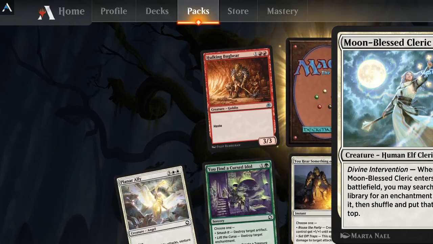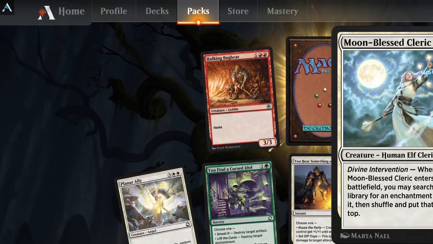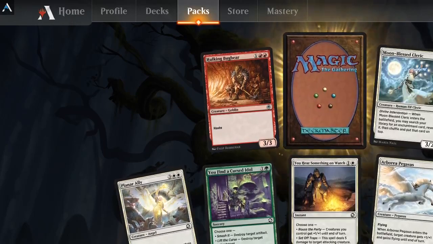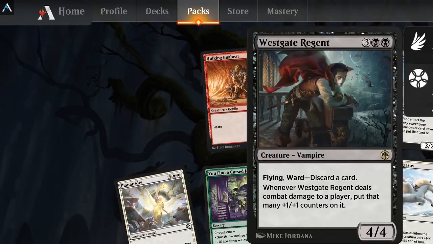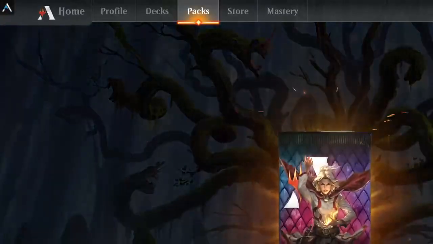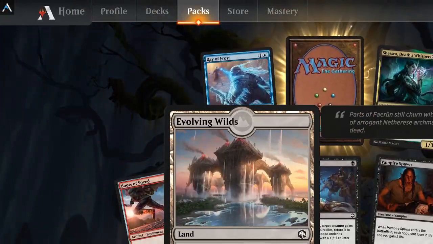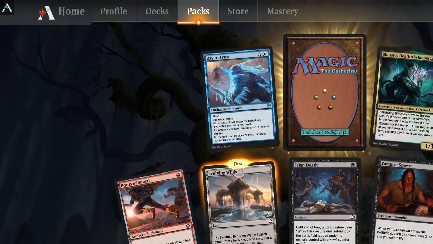And this particular cleric, just like to say, searching your library for an enchantment card could get you the god cards from Theros, because they also count as enchantments, so yeah, there's that. This vampire just likes showing up around here. Evolving Wilds, but from this set, is just kind of interesting. But still,